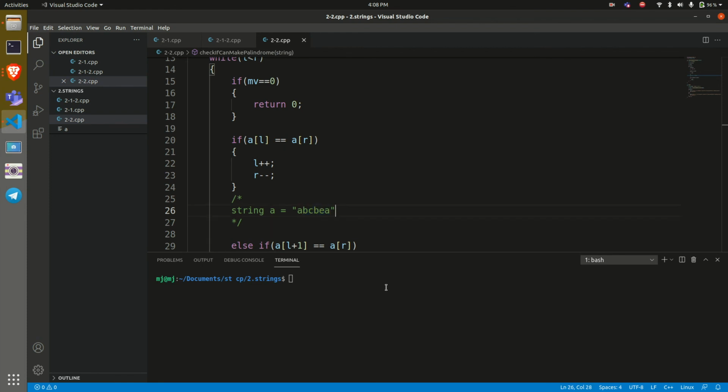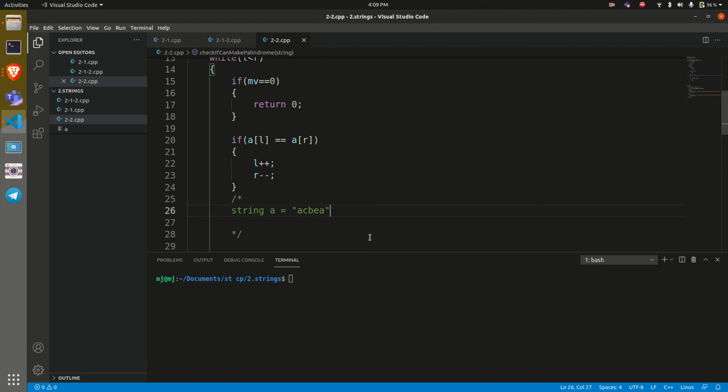First of all, let's check what should be the output. We can remove exactly one character. Let's check. A matches with A, no need to worry. E doesn't match with B, so either you can remove B or you can remove E. This is the case that we need to handle. Suppose we remove B, do you think it will become a palindrome? No, right? Because we have already removed one character, but still it is not a palindrome. So can we say that it cannot be made a palindrome by removing exactly one character?